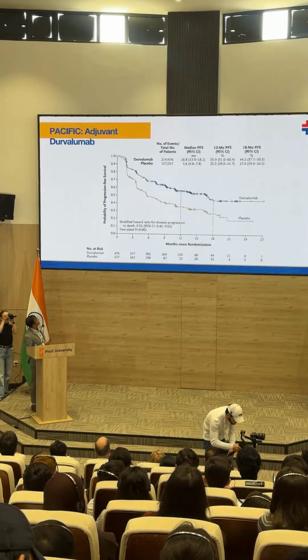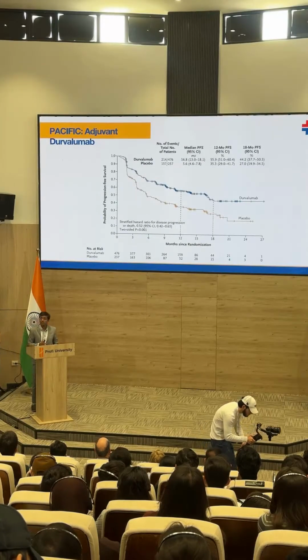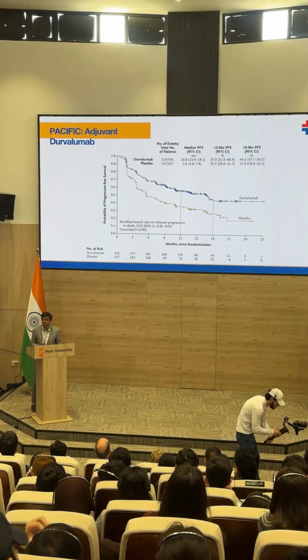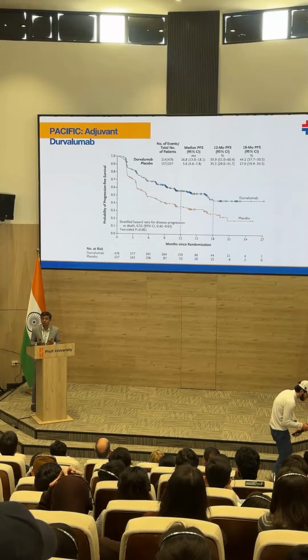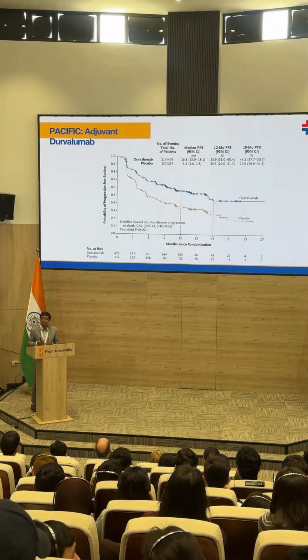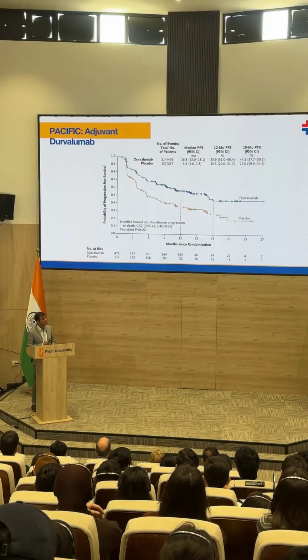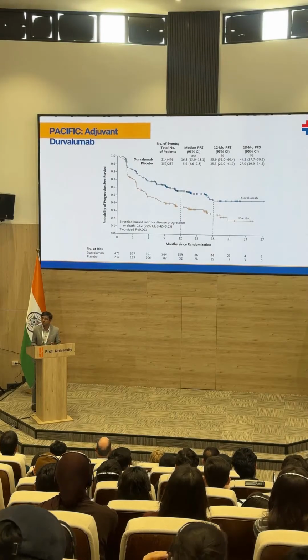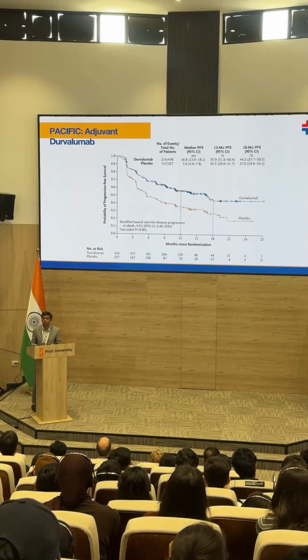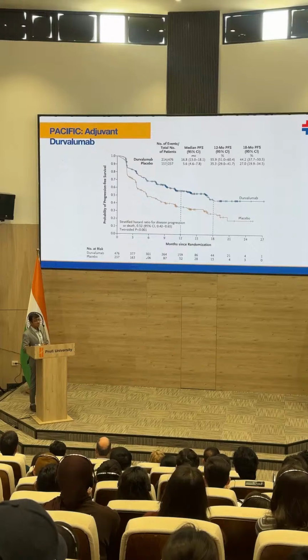Similarly, there's another drug named durvalumab. Now this is immunotherapy. As students, some of you will be learning in pathology, and again further in medicine and during your oncology postings, that there is something called immunotherapy, and that's improving our outcomes in a significant manner. Again, stage 3B